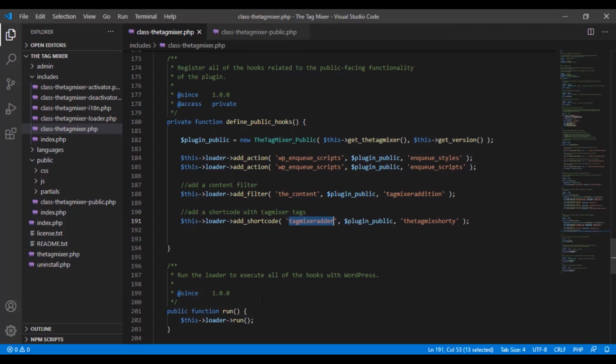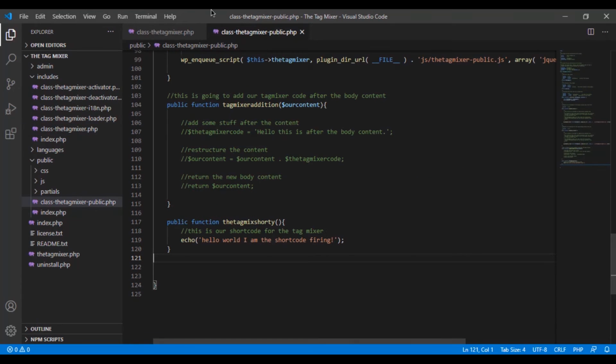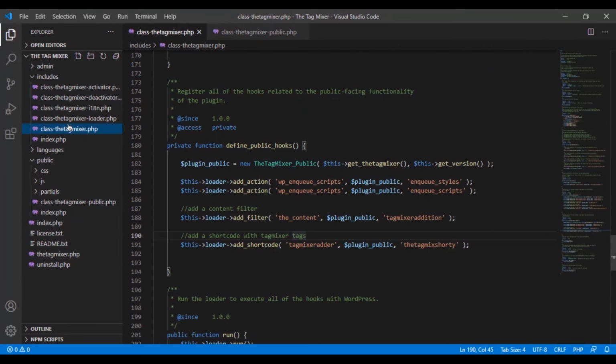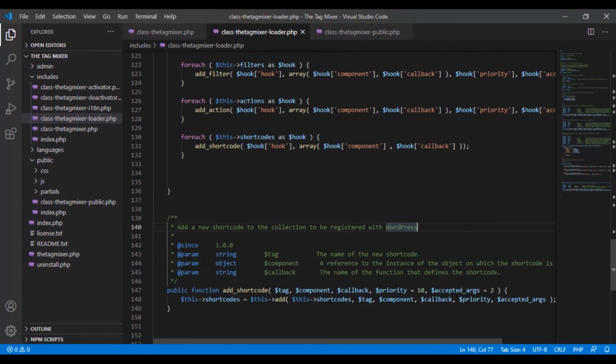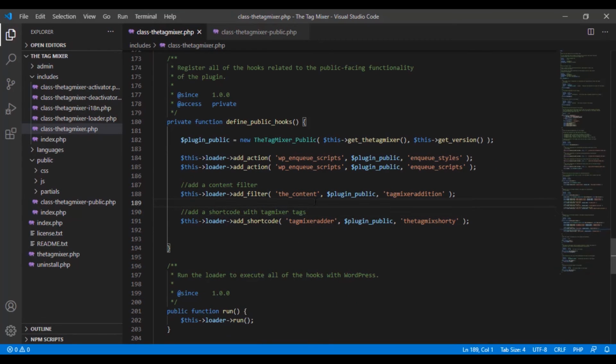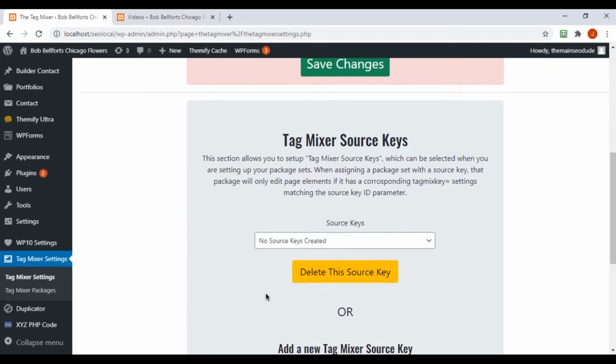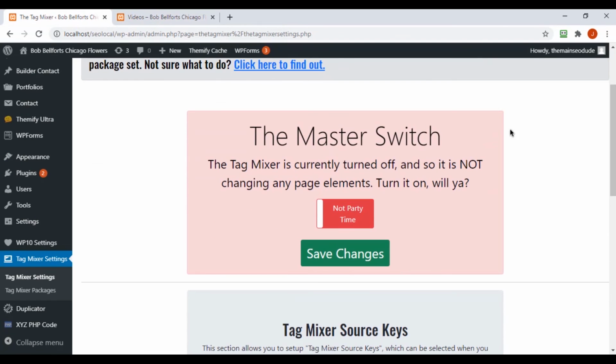So guess what? We just added a successful shortcode into our tag mixer, and now we can add as many shortcodes as we want with as many unlimited names as we want. And because of what we did in the loader class, the way that we ran the function and the foreach and everything, it can take unlimited shortcodes and add them to our plugin. So now what we've done is we've set ourselves up for filtering the content if the user wants to go site-wide, or letting them run it on any page they want to mark it on by running the shortcode. So that was a pretty big deal, and I think that in the end the user will be much more appreciative of that. And now what we have to do in the next video is we have to build the administrative section real quick,